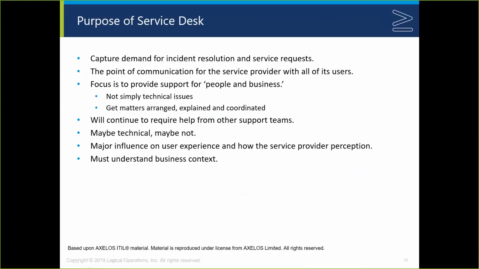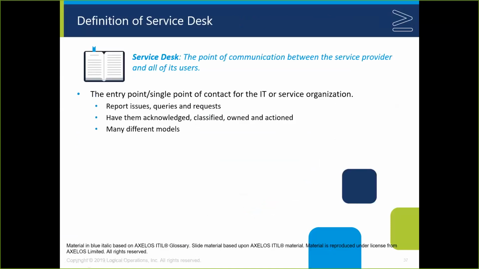They may or may not be particularly technical. They don't get into the weeds on how technical a service desk should be. It's going to be very different for different shops. But at the end of the day, the guidance lifts up the role the service desk plays in customer satisfaction, understanding the context of the business, and helping make sure the right resources get allocated. They formally define it here. It is still very much treated as a single point of contact. There are many different models.